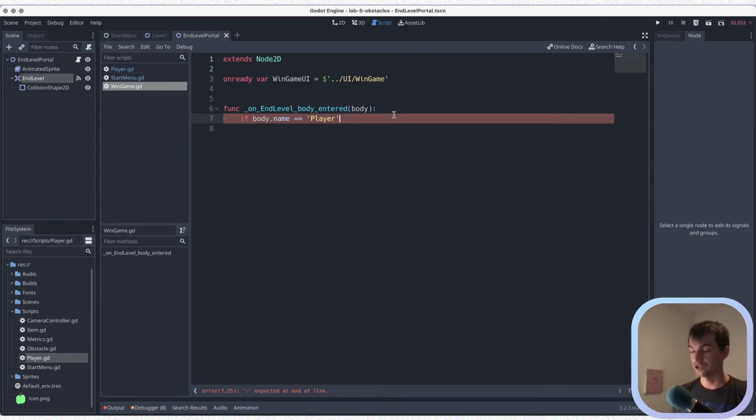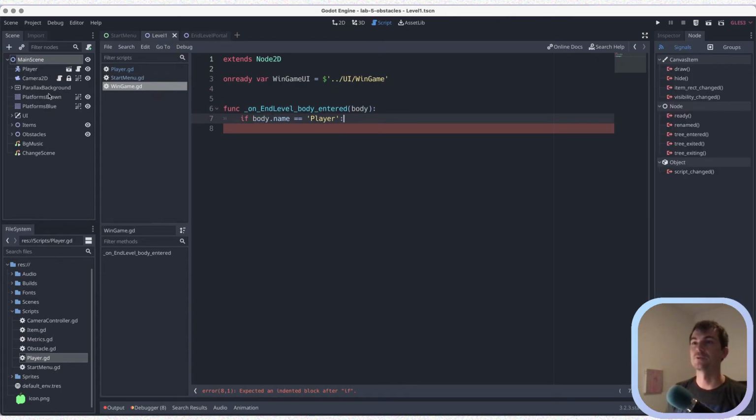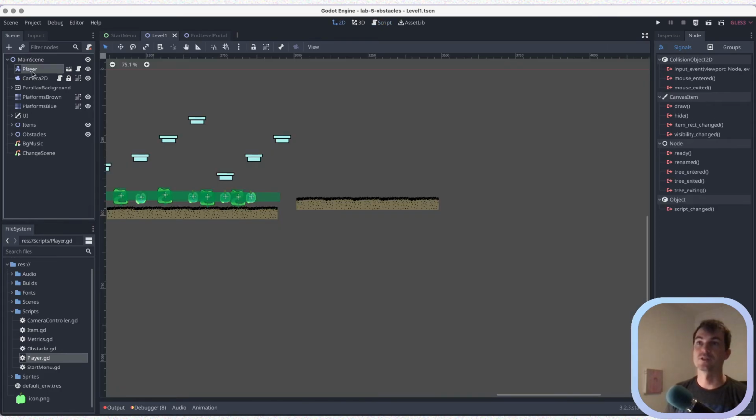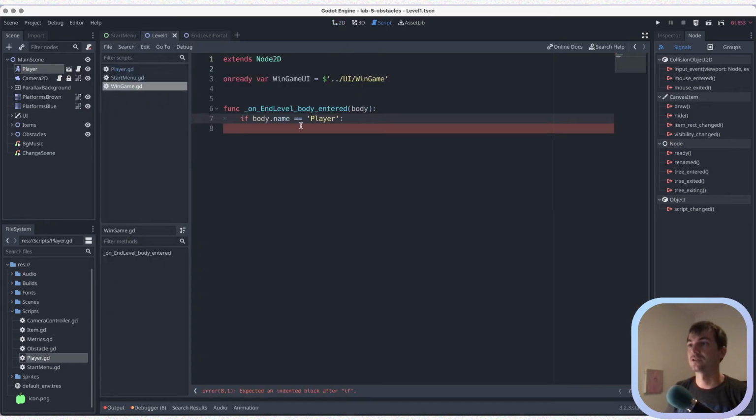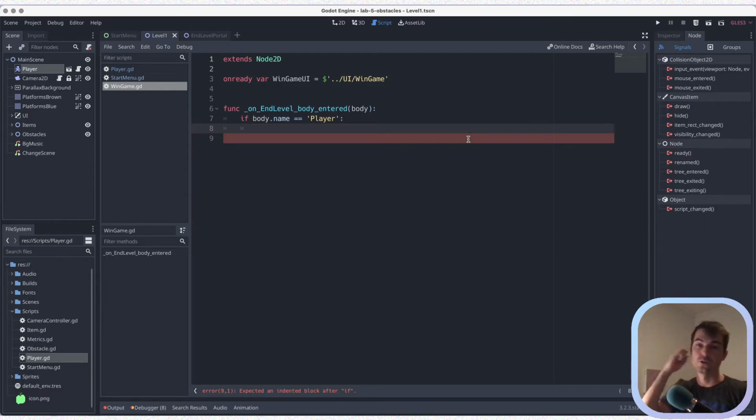Player is inside quotation marks because it's a string, which is a way of representing data rather than parts of our code, like the variables like body and the function and stuff like that. And so basically all that's saying is if we look in our levels, in our level 1, we have this player body, it's a kinematic body. And if that is the player, then we're going to do whatever the code says. So we want to make sure that it's the player first. So I'll also post this code later. So don't worry if it's a bit confusing. So if that body is the player, we're going to say